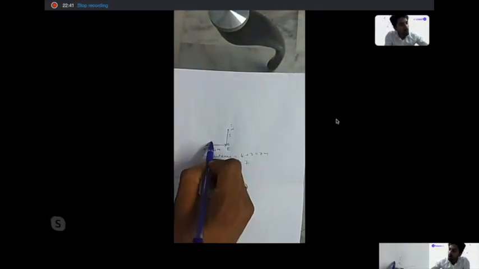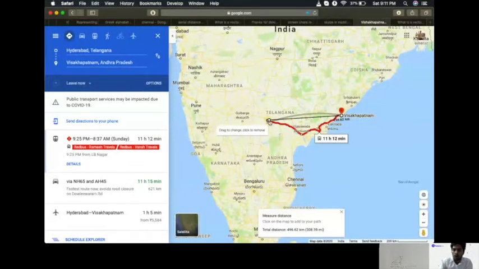So the total displacement is basically the initial and the final point and the direction to that final point. That's it. So in the previous case, imagine you were going from Hyderabad to Chennai by bus. The bus distance is not called your displacement vector. Why? Because your bus is going all around from here to here along this red route.